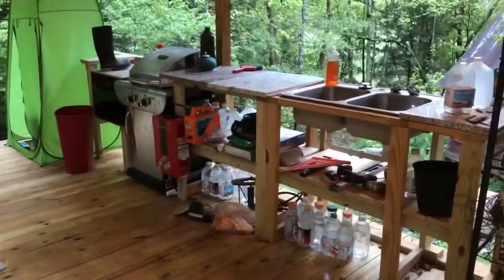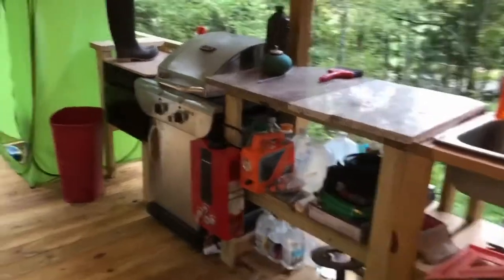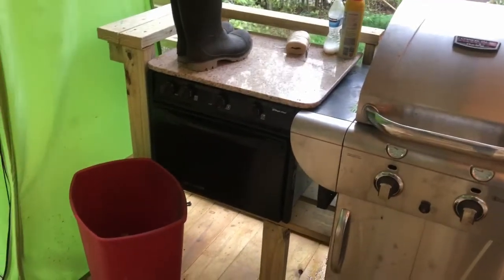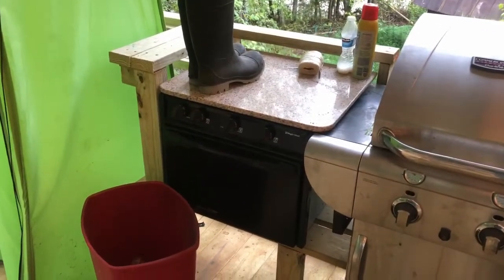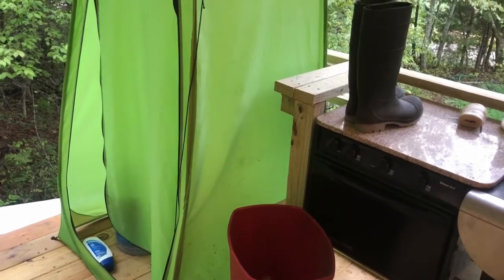And this is the outdoor kitchen and deck area that we have set up here. Just today we finally finished putting up some more of the countertop. We've mounted this little stove sitting here next to the barbecue grill, and I keep a piece of granite over the eyes on the stove to keep the water out and get you a little bit more counter space right there. And there's my shower tent. Hoping to finally upgrade from the shower tent relatively soon, but